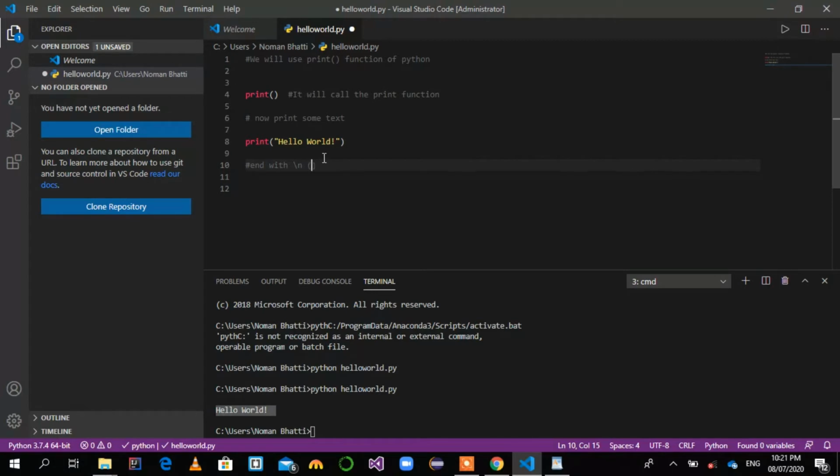There is a difference between an end line character and an empty string. If we want to remove the end line character from the end of the string, we use the rstrip function, a built-in function of Python. We will use the rstrip function inside the print function with the dot operator.